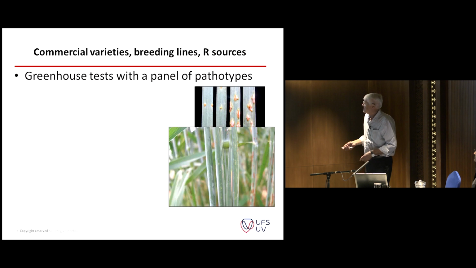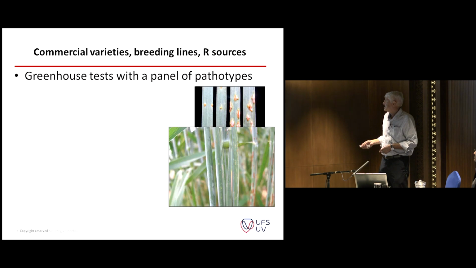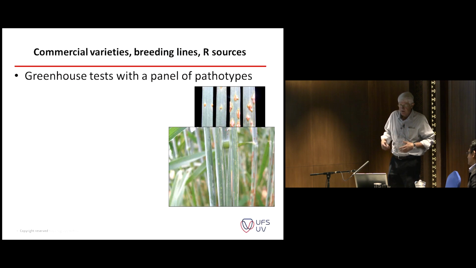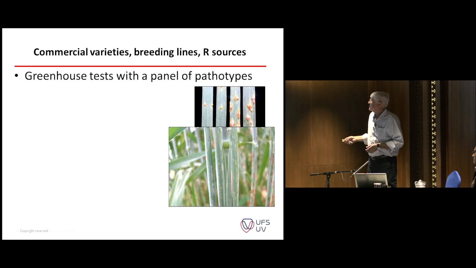I also test, as far as possible, new sources of resistance. These stems are from adult plants tested in the greenhouse with a UG99 PTKST, and the source is a stem rust resistant source which I obtained from Dr. Ian Dundas from the University of Adelaide. It's an unnamed gene at this point. It comes from Aegilops speltoides, but immediately you can see it's highly effective under extreme or a very strong inoculum pressure. In the background, you can see some of the susceptible checks for other materials tested in that same cycle. So we can test commercial varieties, we can test new sources of resistance,